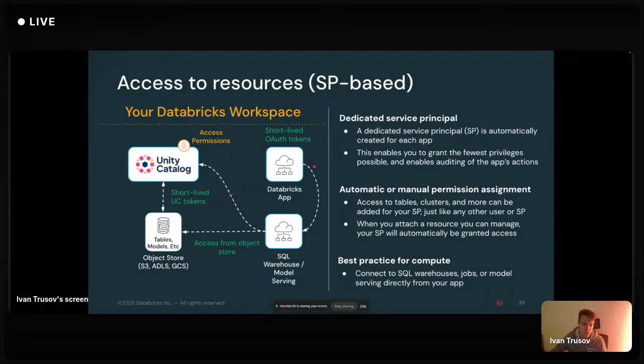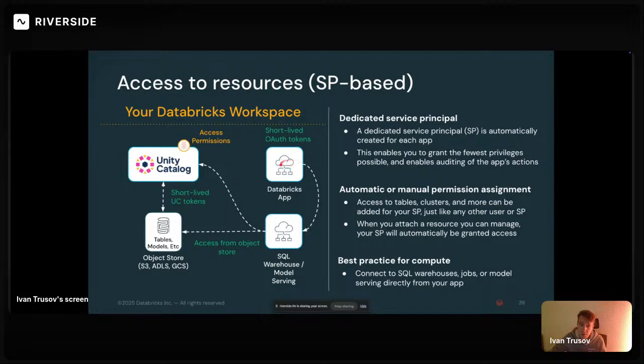The following happens. First of all, we check if this user has access to the Databricks application. If the user has access, the UI will be loaded. The user needs to be authenticated. After the UI is loaded, any actions or clicks performed on the app run under a dedicated service principal. We recommend using the least privilege principle when managing permissions for such service principals.